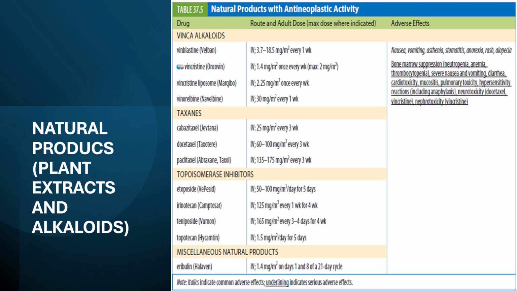Paclitaxel is approved for metastatic ovarian and breast cancer and for Kaposi's sarcoma. However, off-label uses include many other cancers. A new form of paclitaxel was approved in 2012, which is bound to albumin and delivers a higher dose of the drug directly to the cancer cells with fewer side effects.